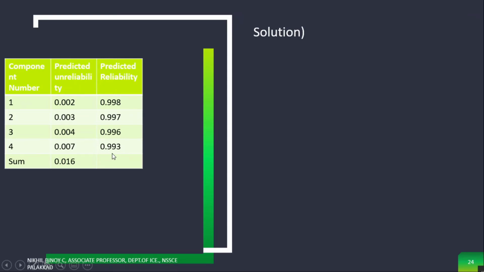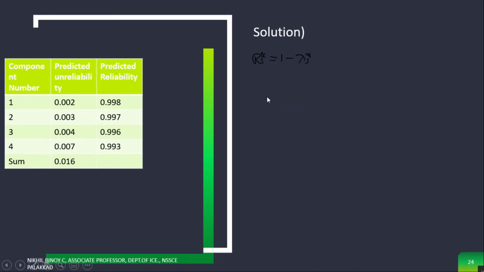Now what do we have to do? We have to find the desired failure rate. In some situations, I told you, they will give the reliability goal. If you have the reliability goal, that is if you have RS star, then we can equate that RS star to 1 minus lambda S star. So using this equation we can find lambda S star. But here lambda S star is given. What is lambda S star?